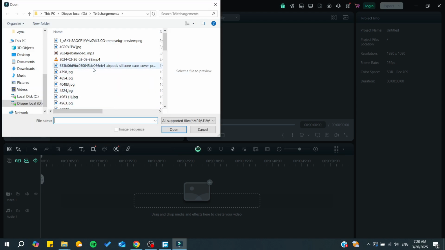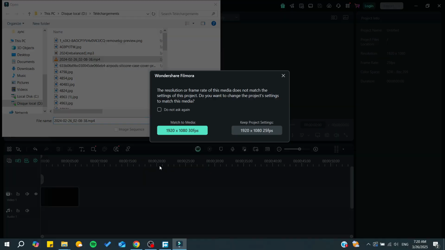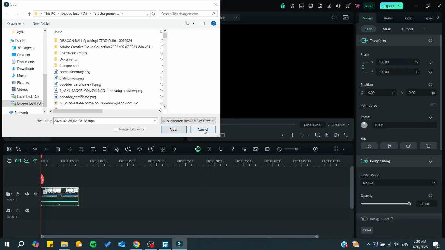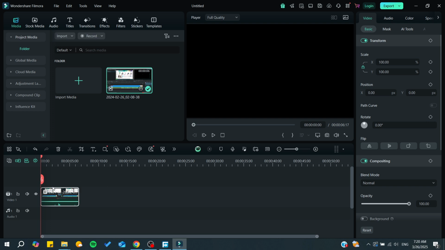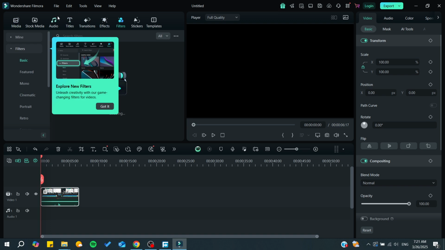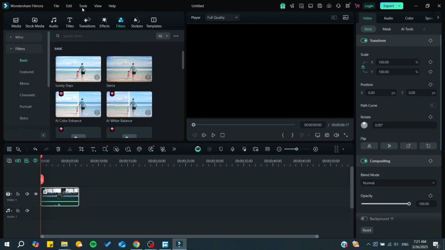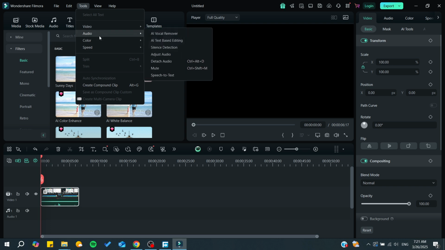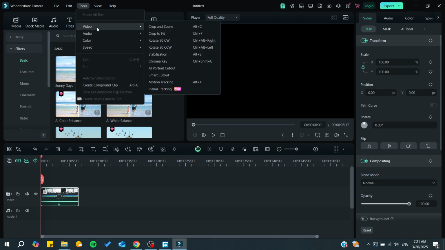So in my case, I'm just going to use whatever, and let's go for this. And basically now, all you will be needing to do is to go and add the captions or text. So basically here you will have many things. So this is the title, transition, effects, filters, etc. But the tools that we would like has to do with captions, or with